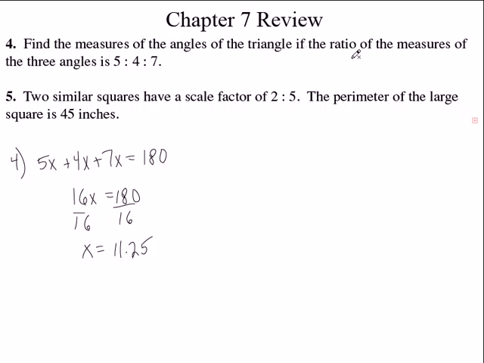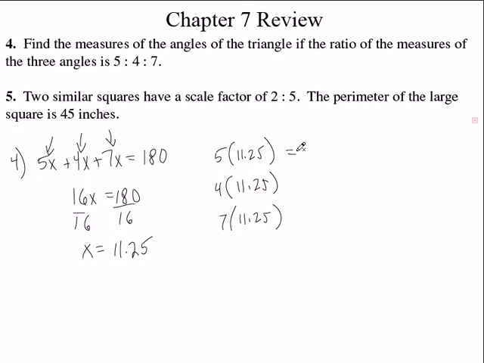It says, what's the ratio of the measures of the three angles? We want to find, not the ratio, but the measures of the three angles is what we want to find. So we found x, we just have to figure out, remember, this is going to be one angle, that's going to be another one, and that's going to be the third one. So we just plug everything in. So it's 5 times 11.25. And then it's going to be 4 times 11.25, and then it's going to be 7 times